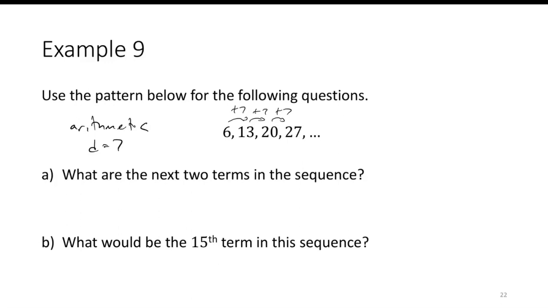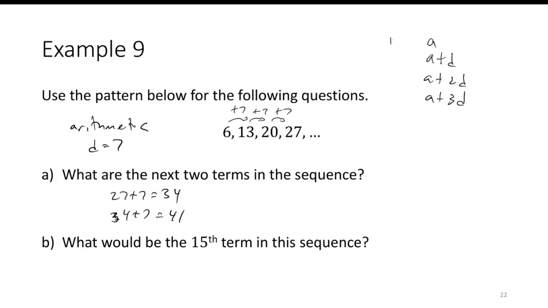So the next two terms, well, 27 plus 7 would be 34. 34 plus 7 is 41. Now what about the 15th term? So recall that the general term of an arithmetic sequence is in the form of a, a plus d, a plus 2d, a plus 3d. So the 15th term,